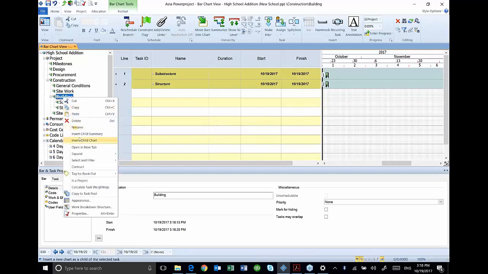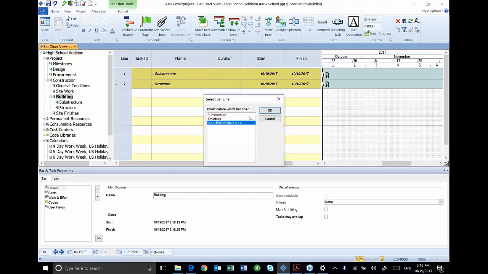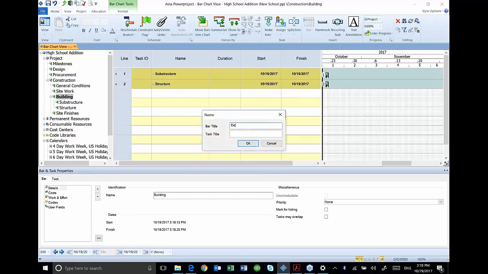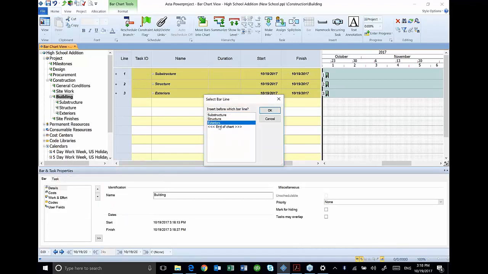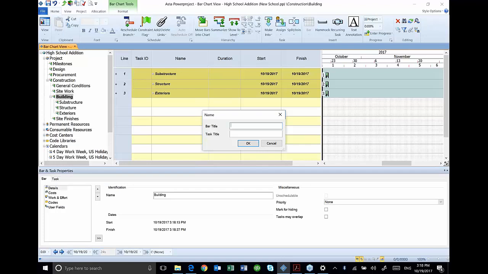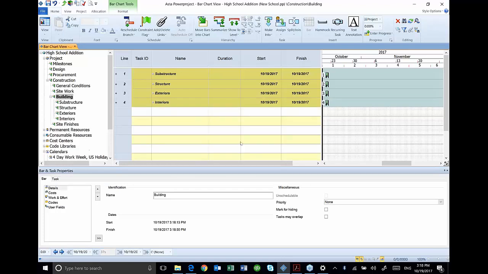I'll do one for exteriors, and then one for interiors. Okay, and you can see from that standpoint how easy it is to add tasks